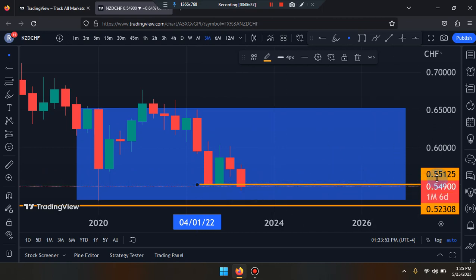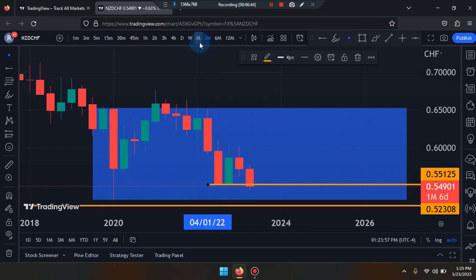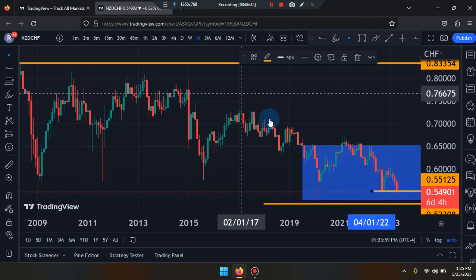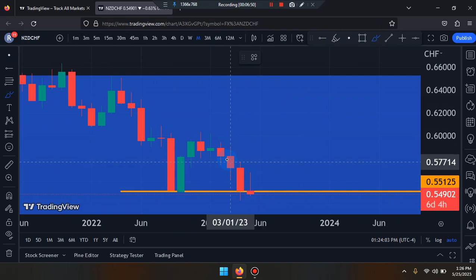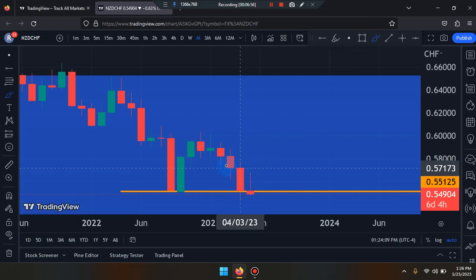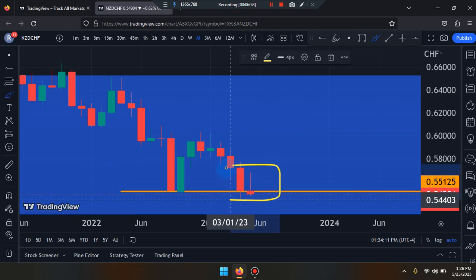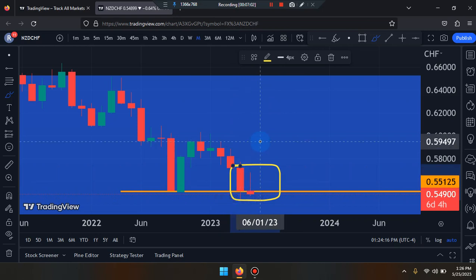We're looking for price to break 0.55125, and we did. So if that market pushes down further as we're walking down the time frame, we are looking for a break and retest. So on the 3-month time frame, the second last candle broke. Price action is reading as it came back to retest. So that means that we are in consolidation once again. So we've got to wait for that market to identify the breakout of the second last candle towards the upside